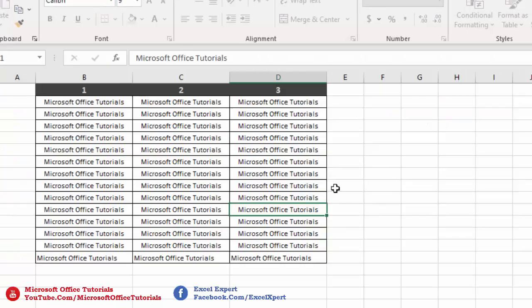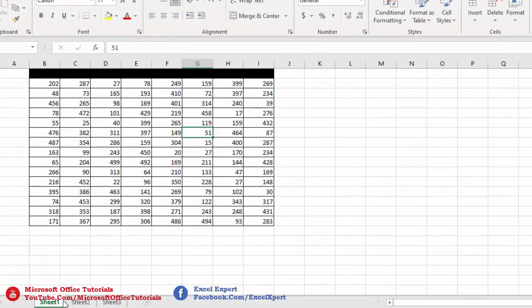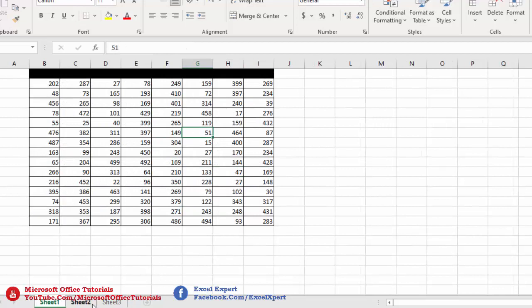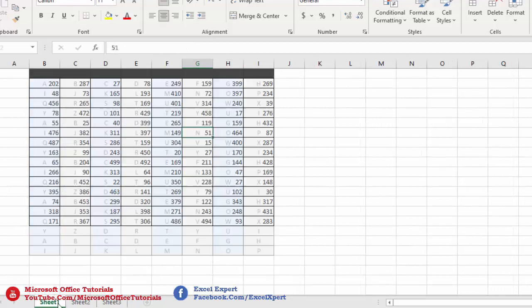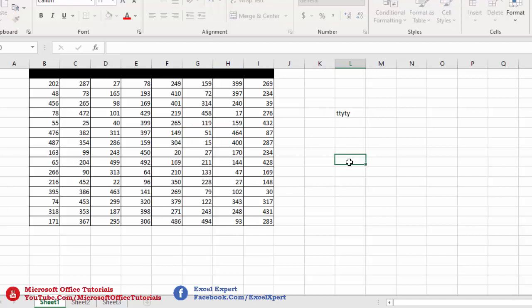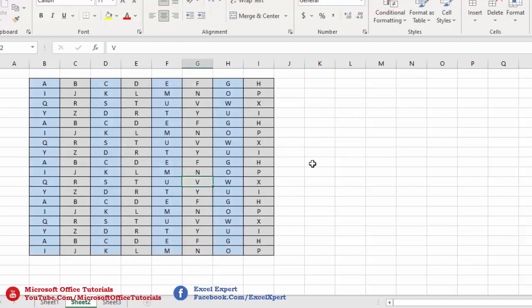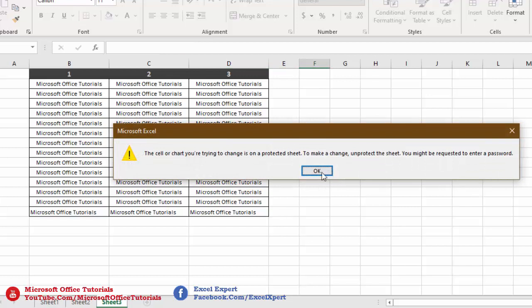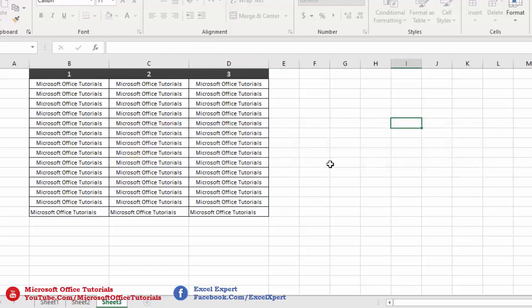When we open it, you will notice that in this Excel file we have the same three Excel sheets. Remember that we removed the password from Sheet 1 and Sheet 2, and we will check that in Sheet 1 we are able to edit. In Sheet 2 we are able to edit, but for Sheet 3, remember, we did not remove the password. So if we try to write anything, we are not able to write or edit this sheet.